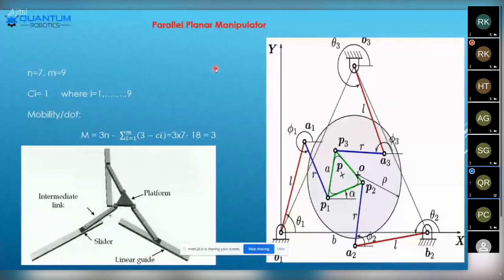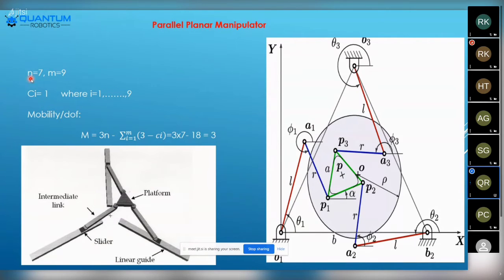Intermediate link and platform, slider, and the linear guide. The linear guide is going to work as the working space for the particular base. And the slider has an axis to move in different conditions and different balancing platforms. And this was the platform which we are going to use in the job condition. Intermediate link means the link between the base and the platform. We are interconnecting the platform as well as the base. This was the thing which we are using here.